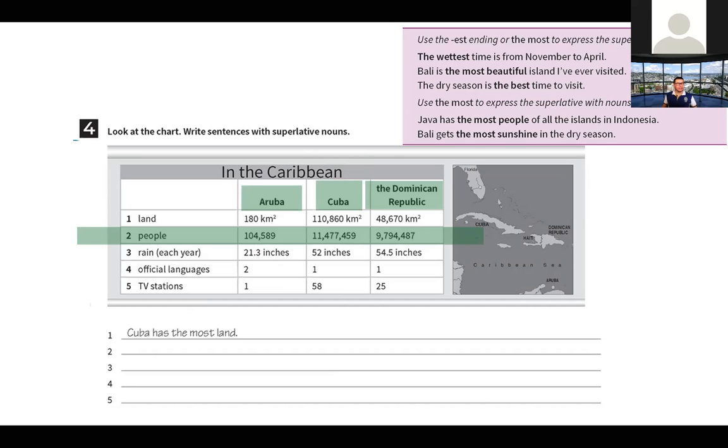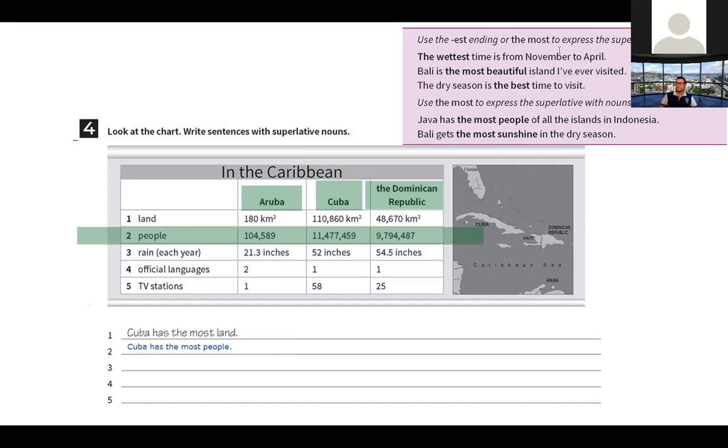We are doing examples with nouns, right? Superlative with nouns. Which of these countries? Cuba, right? Very good, Rojas Flores. You say, Cuba has the most people. Yeah, easy like that. You say on this part that Cuba has the most people.